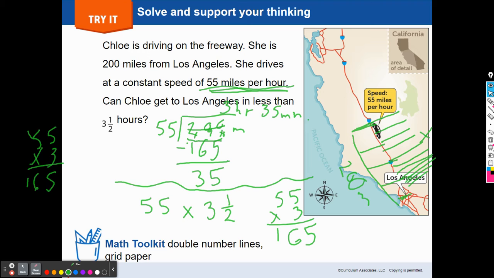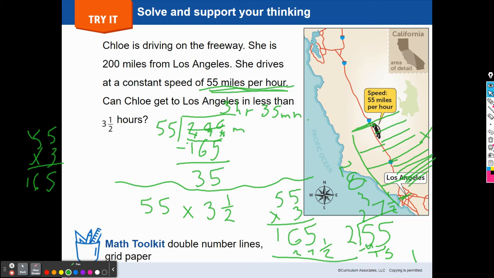And then we could do 55 times 1/2. Well, 55 times 1/2, that's half of 55. So 55 divided by 2. This would be 2, subtract 4, you're left with 1, bring down your 5, 15. Divided by 2 is 7, minus 14 would leave us with 1, so 27.5. So we want to take that 27.5 and add it